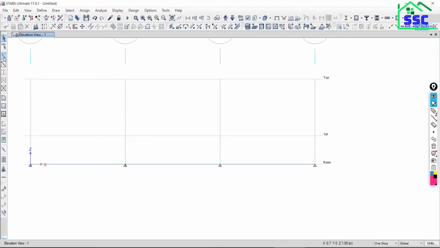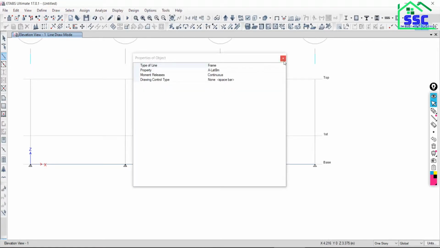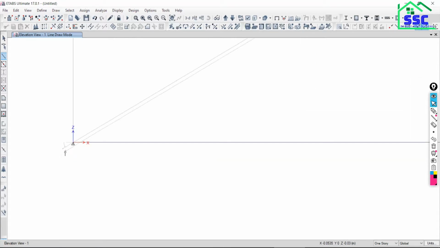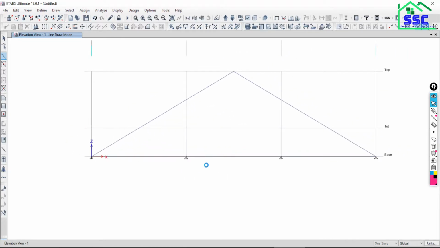Now go to draw the beam again. Start your point from this point. Freely move to the required point. Just click on this midpoint. Now come back to your origin, and unless you are getting the red mark, don't click on that point. Now I am getting the red mark, then click here. So it's done. Is that clear?